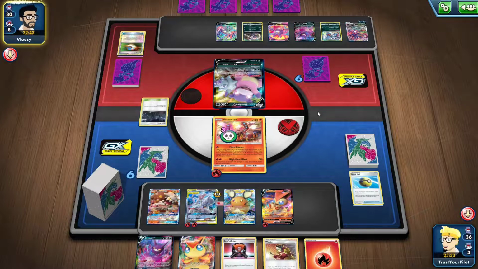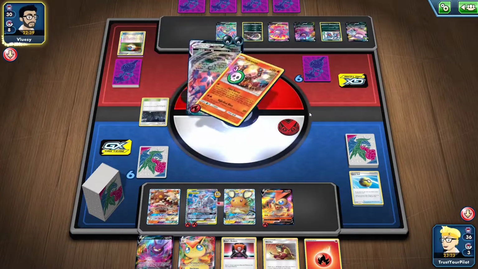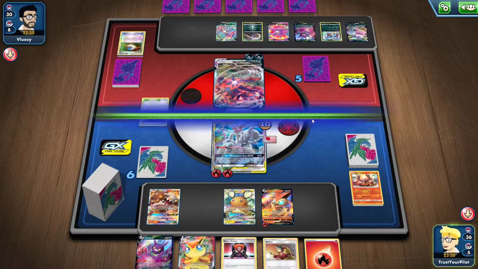But if I put the damage there, this is why Crushing Hammer is just in every deck these days, because you can just stop Eternatus so easily. So what do I do? I think...